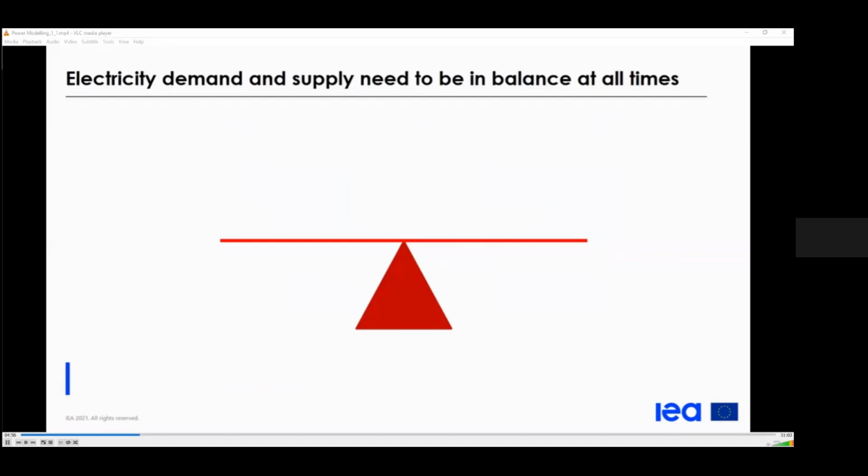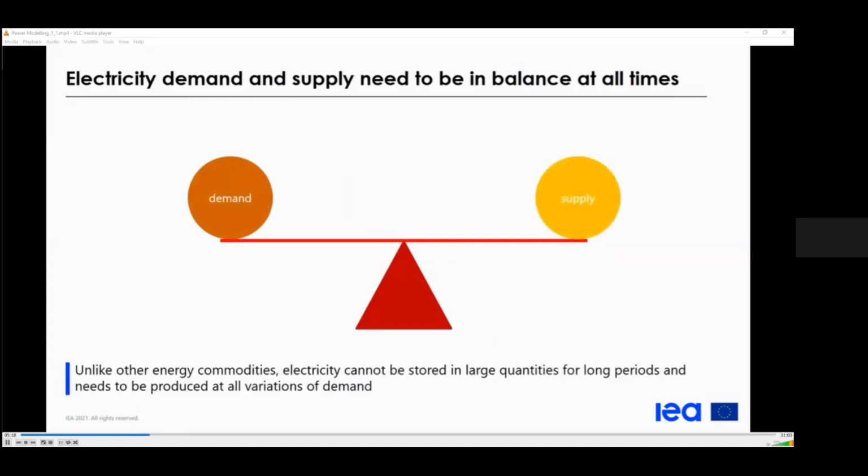But the point is that it's very different from other energy commodities such as oil, such as gas, such as coal. The consequence of that is that we need to balance the system all the time. Electricity demand must be met at all times by electricity production. And for all this variation that we see